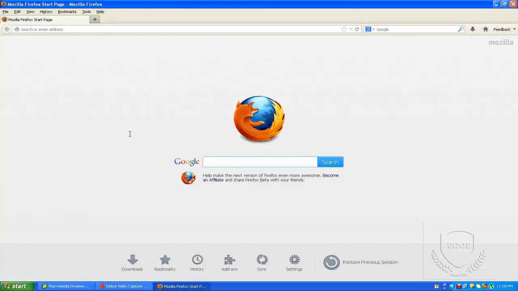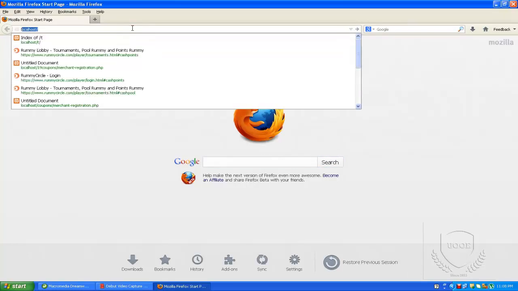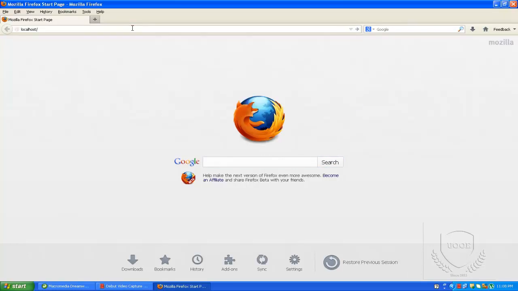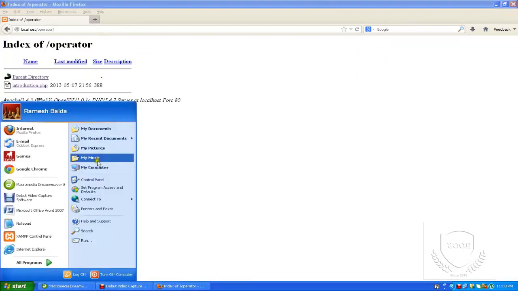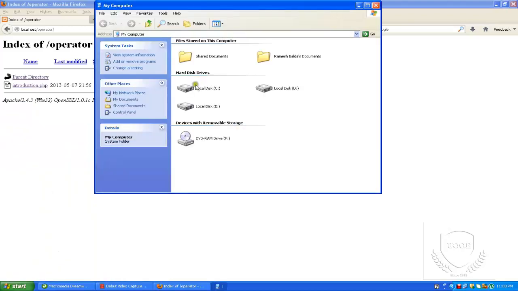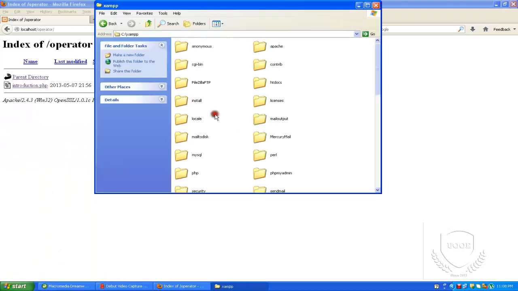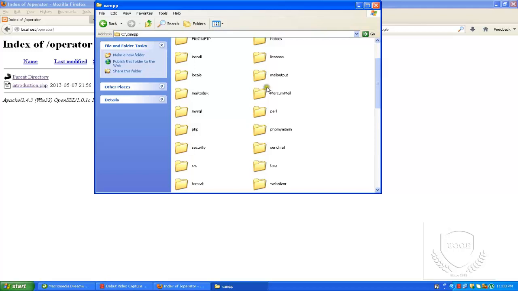My XAMPP server is already started, so I can run directly localhost/ followed by the folder name.